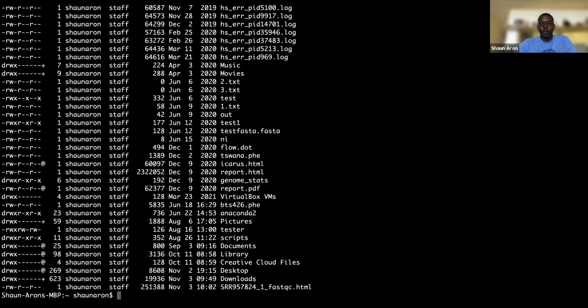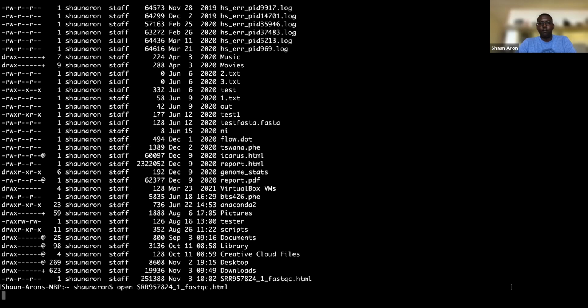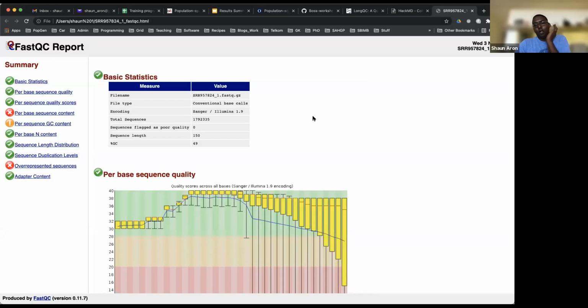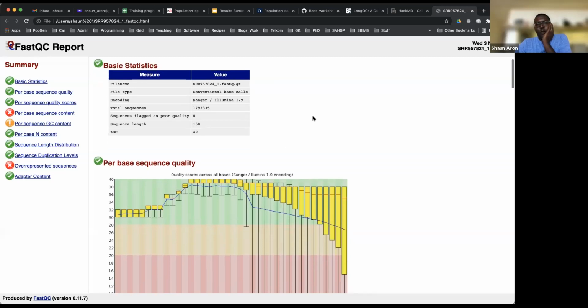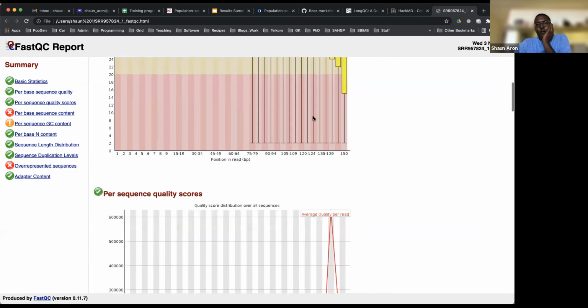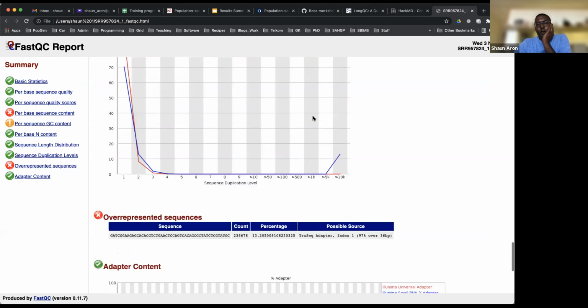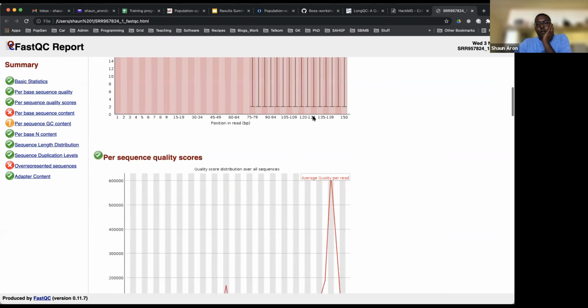So it's here at the bottom, sr fastqc.html. And I can try and open it on my computer. Okay. And what you'll see when I share my screen is that I now have my fastqc report. Okay. So I'm not going to go through the results with you yet. I'm going to stop that, go back to my terminal,